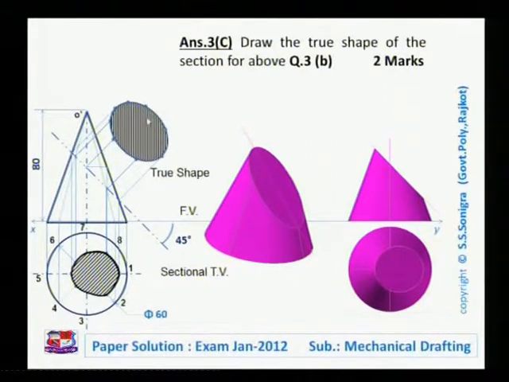Here you should take care about the direction or angle of these section lines. All section lines should be equidistant from each other. Just to draw this true shape, 2 marks are given. So if you write the answer of 3C, you can draw the true shape here. So these two represent the answer of 3B, and these represent the answer of 3C. So combined together, 4 plus 2, 6 marks are there for this given diagram. Now next question.